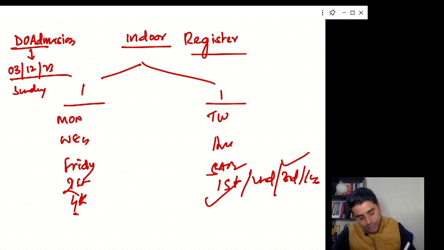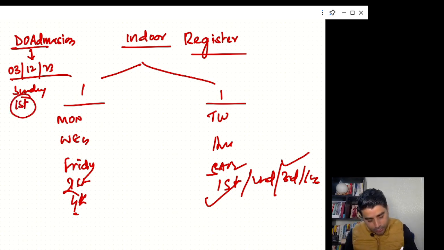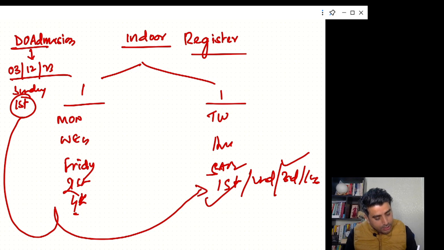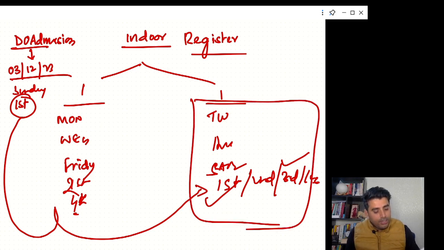Now if it is Sunday, then you have to find out which Sunday it is, preferably the first Sunday. The first Sunday preferably will go to this register. You have to find out this register, where the first Sunday is written. So you have to